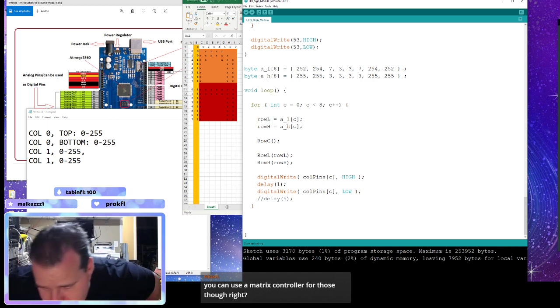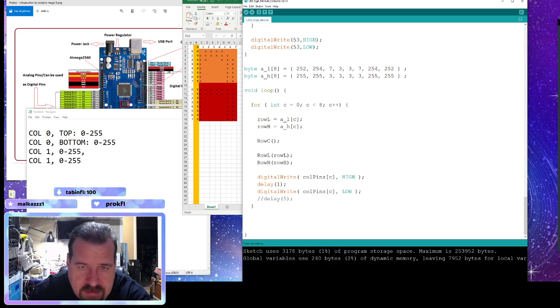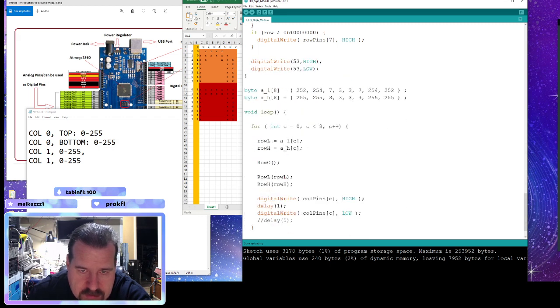So you have to update the row, latch the column, move to the next row, but you have to clear the row. But this is a lot better than what I had. So I just got to create the font table,